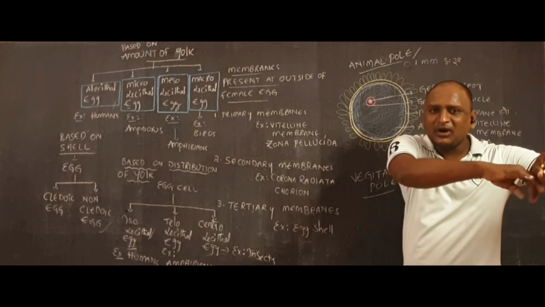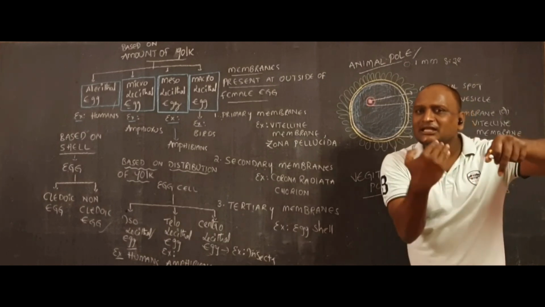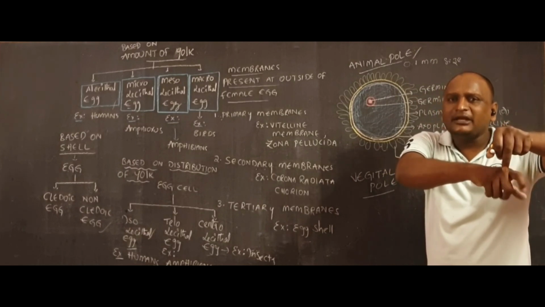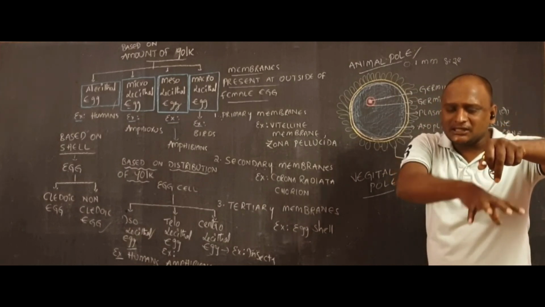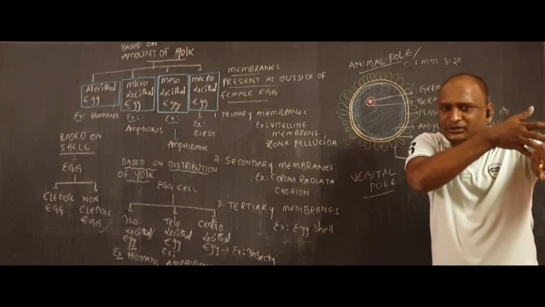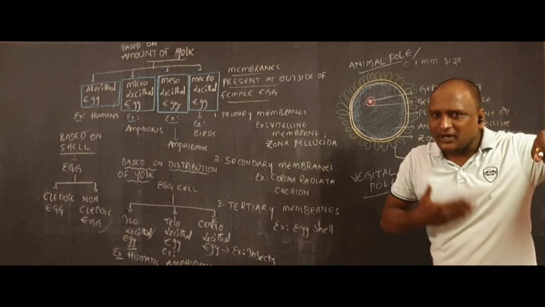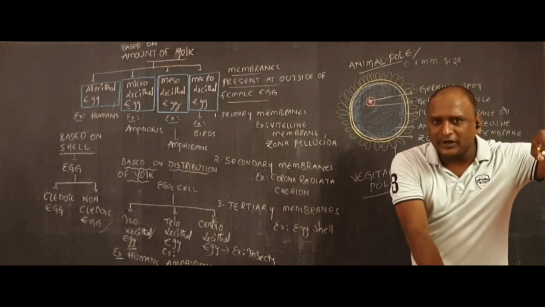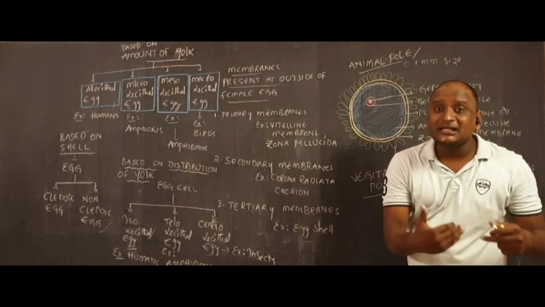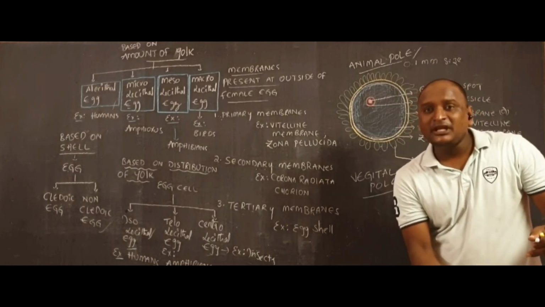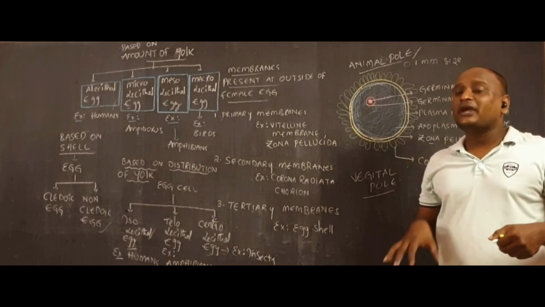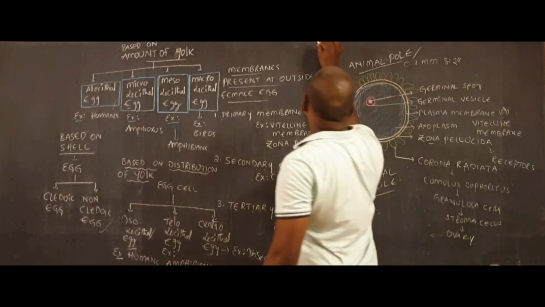From there, the fallopian tube, whose inner side has ciliated epithelium, maintains contractions and relaxations. As a result, the egg cell will be sucked into the fallopian tube. But first, from the ovary, it is released into the body cavity. If the egg cells are released into the body cavity, and then from there enter into oviducts or fallopian tubes, that kind of eggs are called coelomic eggs.